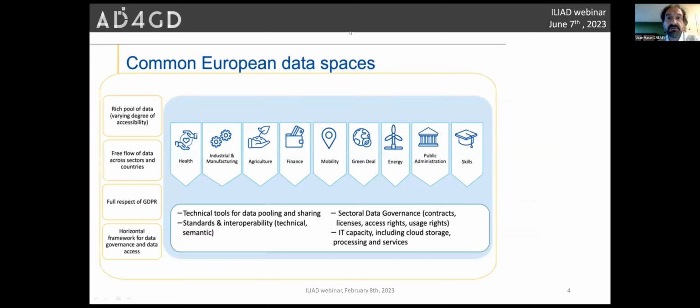Nine data spaces are the ones foreseen at the beginning by the Commission. So we have health here, where of course security and privacy is really important. We have industrial and manufacturing, where the component of the business and digital economy is probably more present. Also agriculture and finance, we have mobility, we have the Green Deal, we have energy, we have public administration and skills. Those are the ones foreseen, but